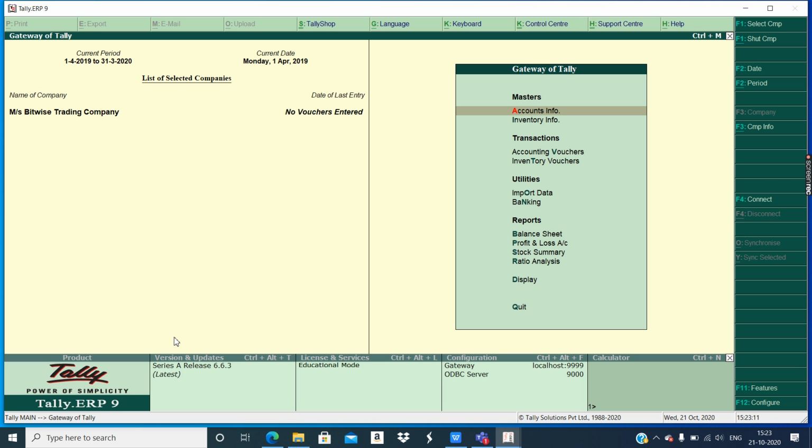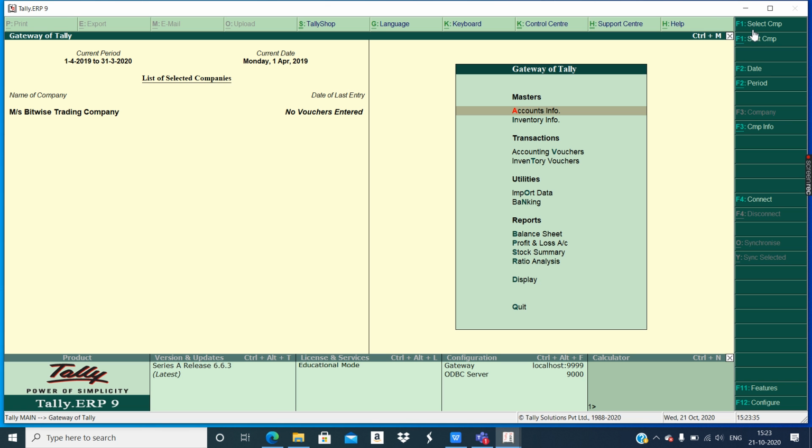Next time when I am going to use this Tally software, I will not get company info because a company already exists. You can continue working in that company, and if you want to create a new company, you can use these options which are available on the right side. Dark green panel, lot of options are available over here.